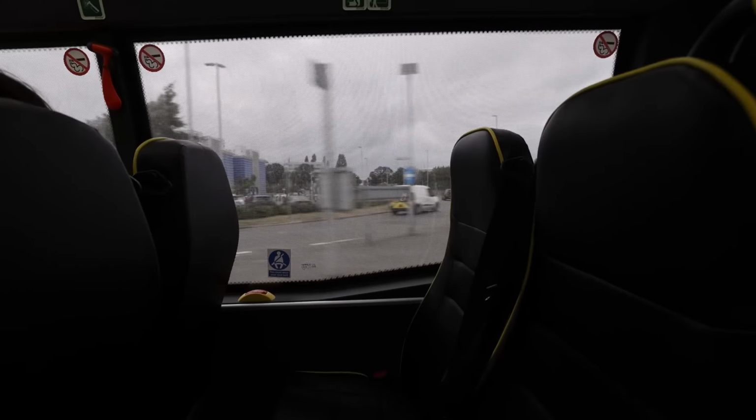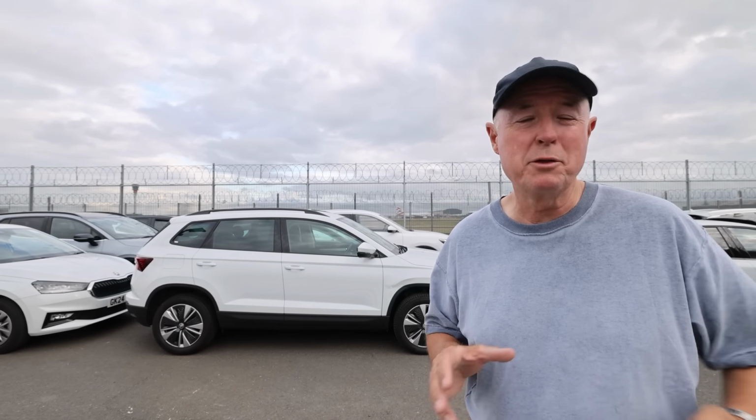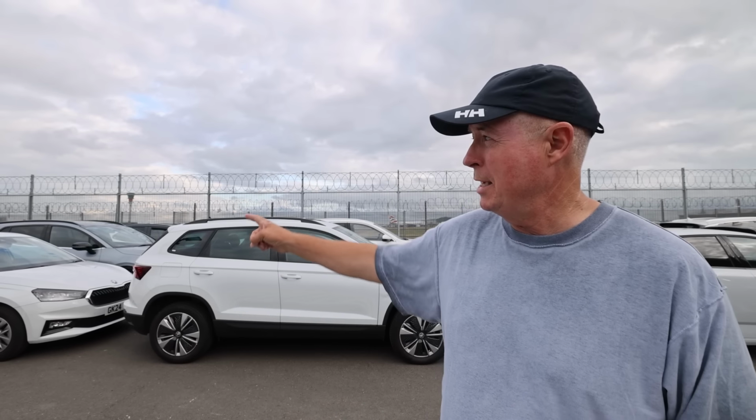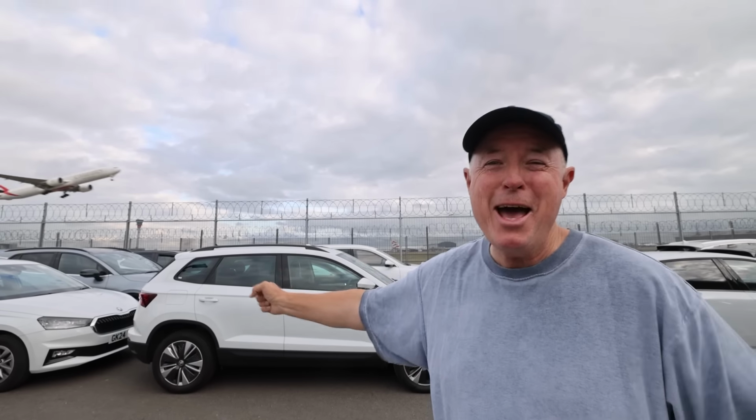Next up, it's a short bus ride to Hertz, where F42 is waiting with our keys. We've just picked up our rental car. It's a Peugeot 2008, the exact same car that I had last race. And the Hertz counter is right next to Heathrow Airport. I mean, right next to that. Look at that. That's